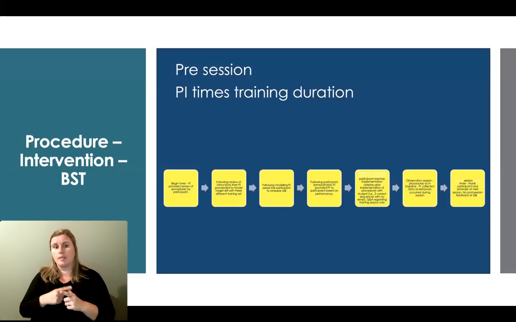Following the three modeling opportunities, the participant was given the opportunity to practice the skill with feedback until the training criterion was reached, which was 3 consecutive implementations of the target behavior during training without any errors. So 100% implementation fidelity. Following the training, the participant was asked to begin the session, and during the session, baseline procedures were in place where data collection took place. Following the session, no training occurred and no feedback was provided following the observation.